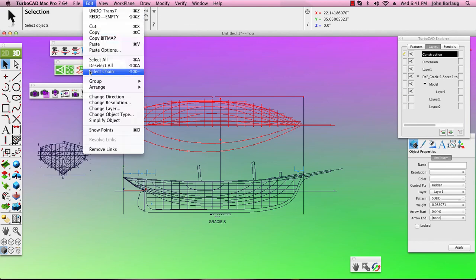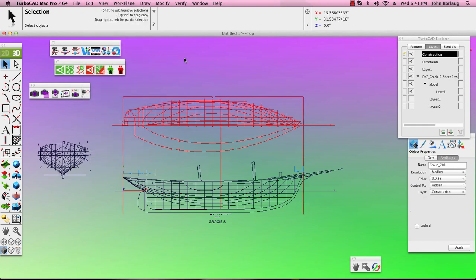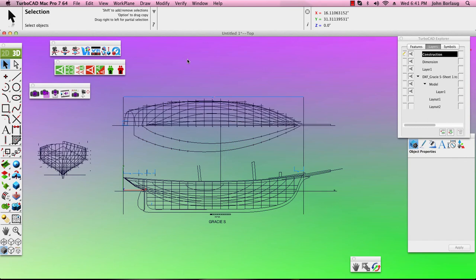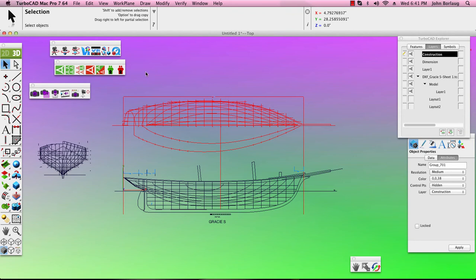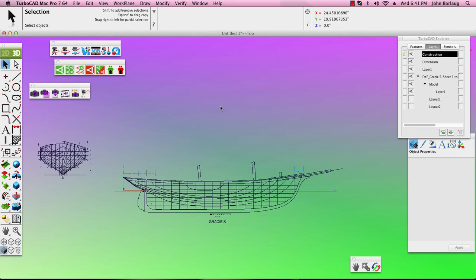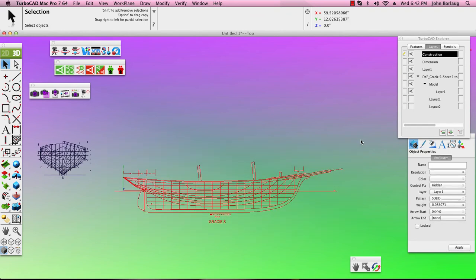Within our edit group, and once again with our hiding that, which now leaves us with our side view of Gracie. So let's grab a hold of that. And now when we have multiple items here,